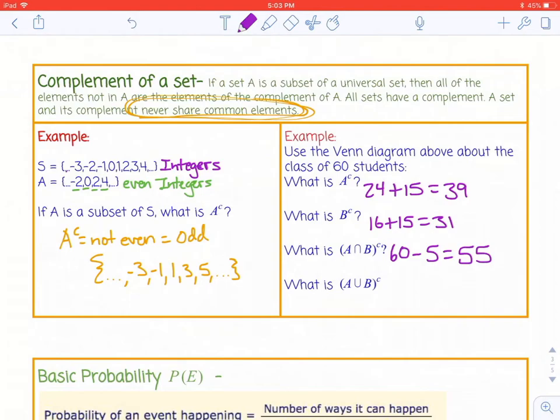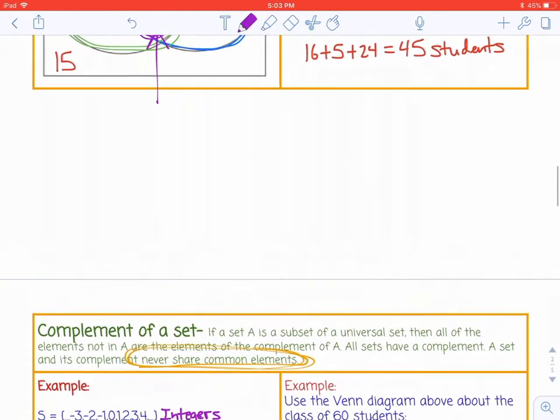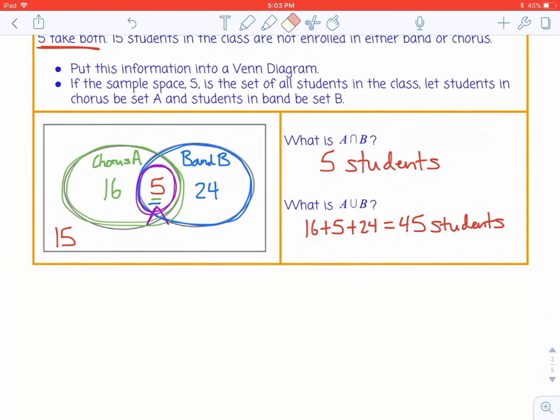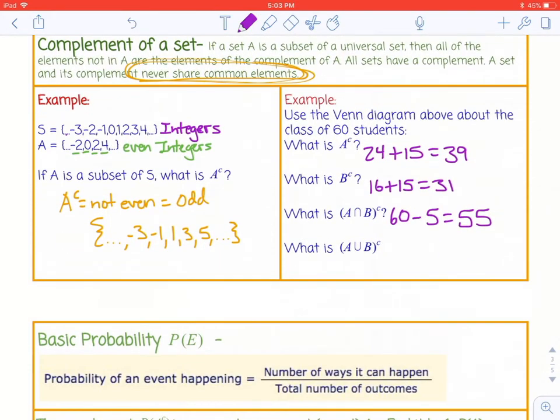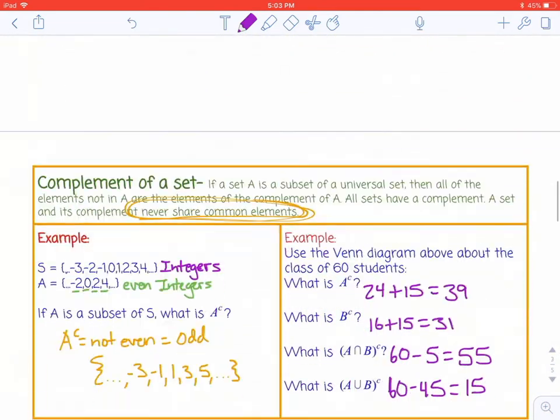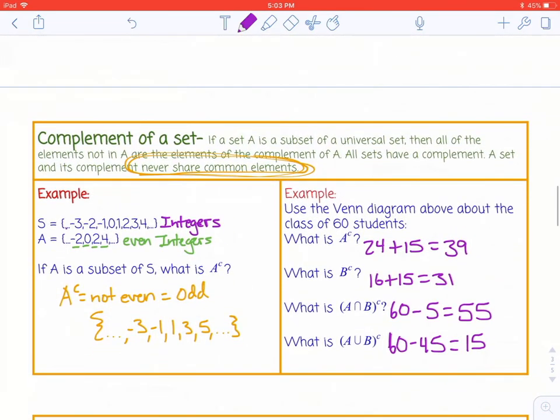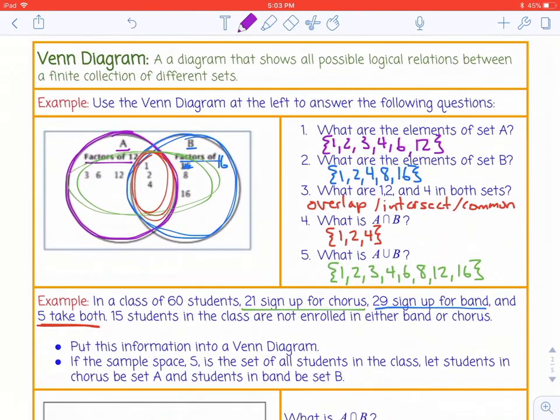And the last question is, what is the complement of the union of A and B? The union of A and B would be all the students that take band or chorus. So that is all of these students. The complement of that are these 15 that don't take either band or chorus. So that is just those 15. So 60 minus the 45, or you just know that those are the 15 that sit outside of the Venn diagram. Okay, so that'll be the end of this video for now, and the next one would include